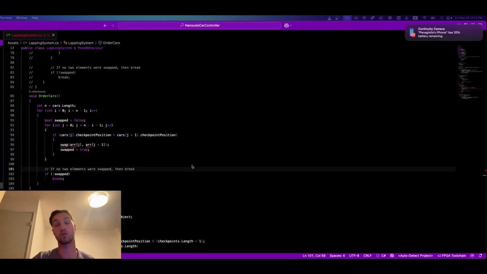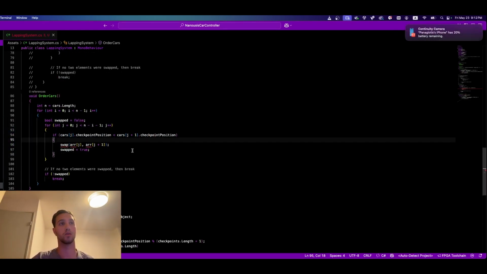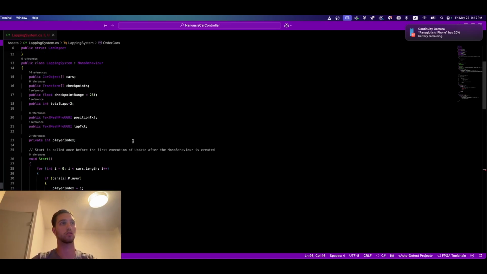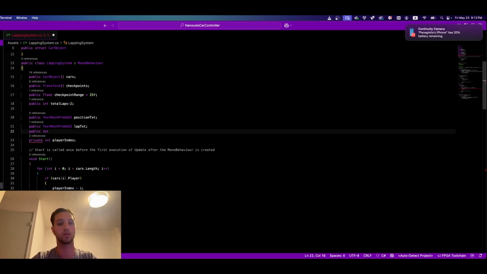Okay, so how do we swap? What we're going to do is have a list that will contain the current order of our cars. So the first item, place 0, is going to be our first car, then the second car, and so on and so forth. To do this, we're going to create a new integer list, which we'll call order list,